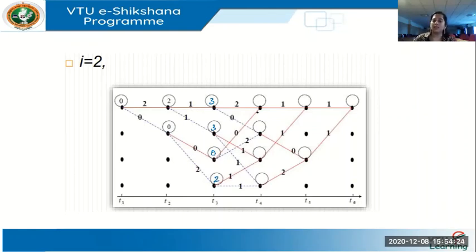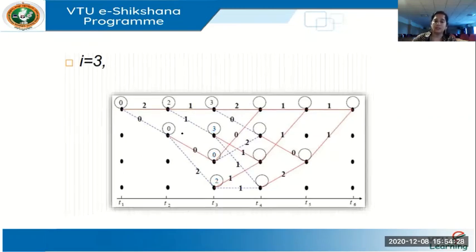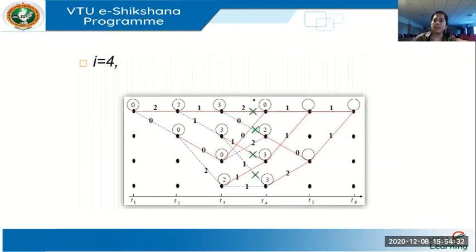Now in the next state, when we come, I think everything is shown. Yeah, 3, 3, 0, 2 for i equal to 3. Then when i is equal to 4, here comes the point where we have to neglect one path and keep one path. So along this, this becomes 3 plus 2, 5.